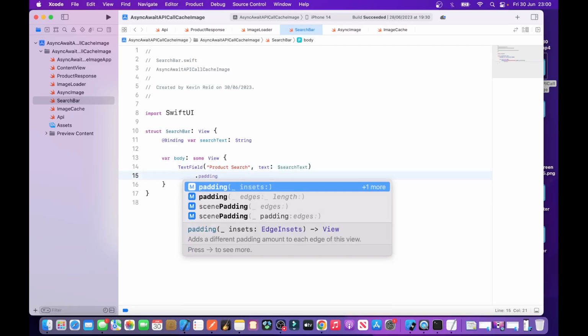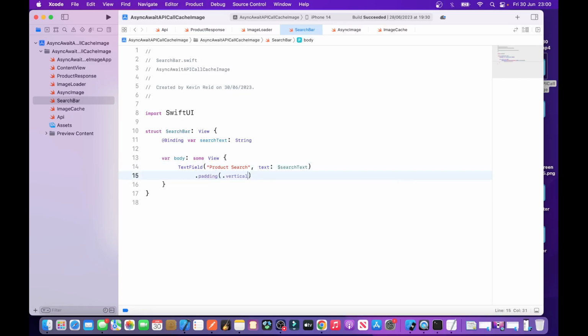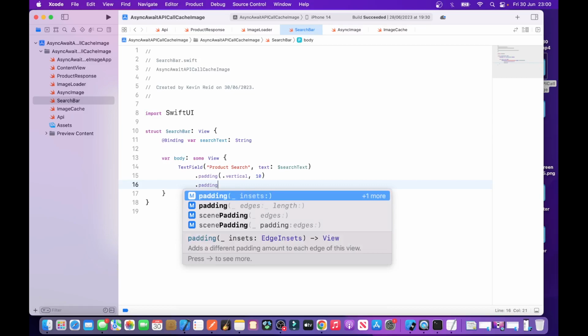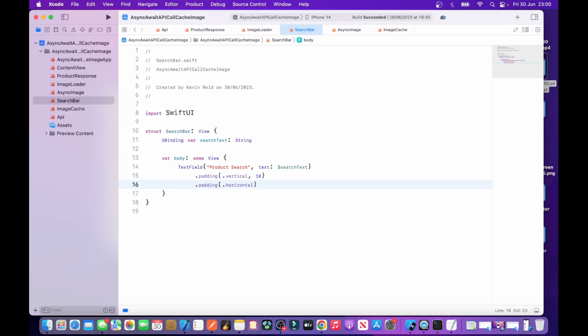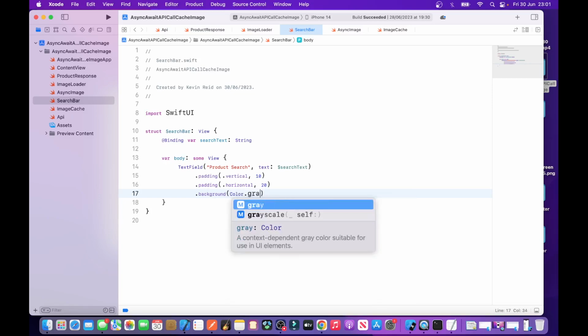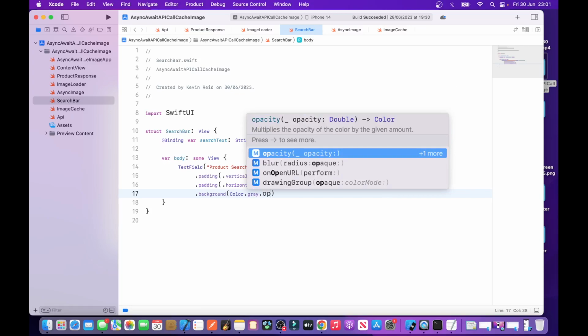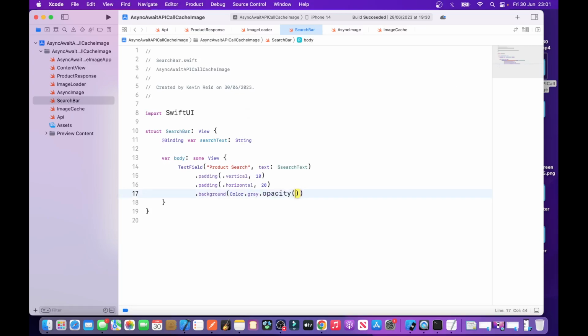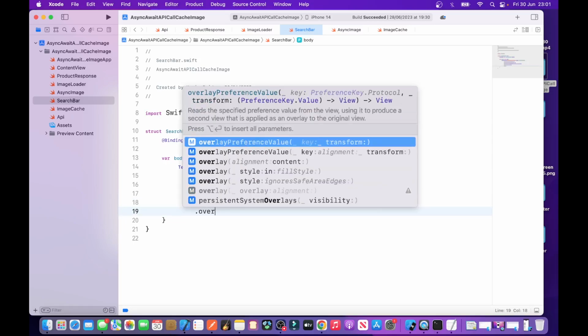.padding(.vertical, 10) .padding(.horizontal, 20) .background(Color.gray.opacity(0.2)) .cornerRadius(8) .overlay